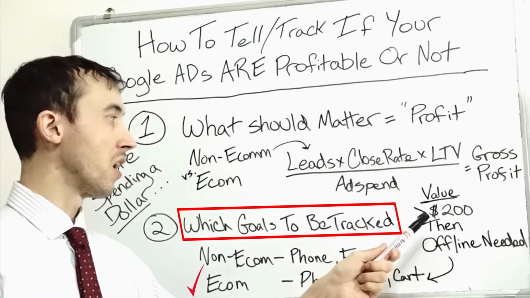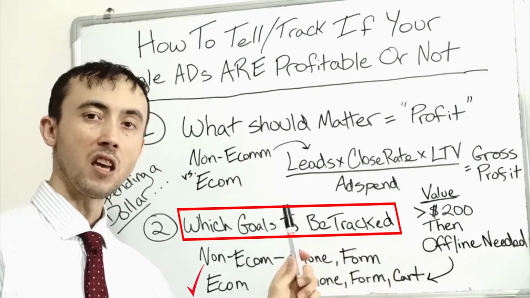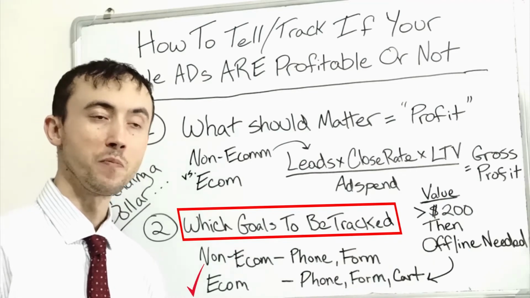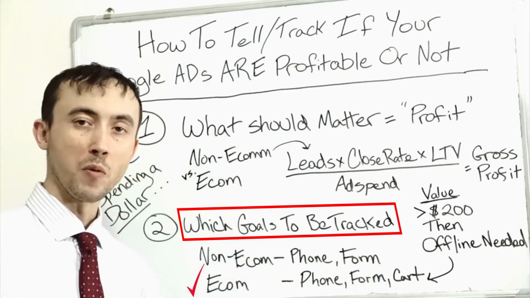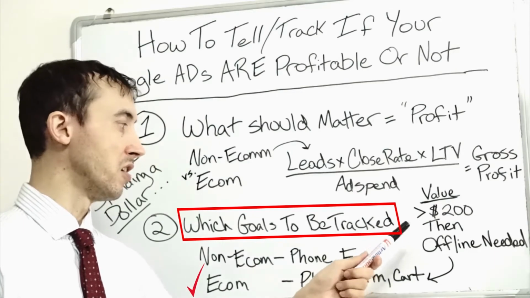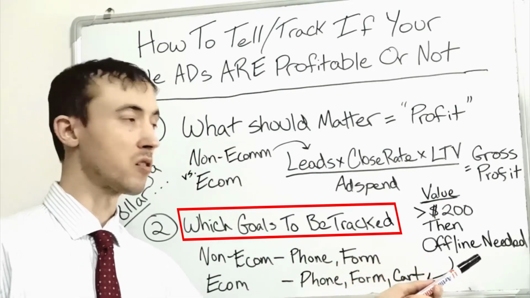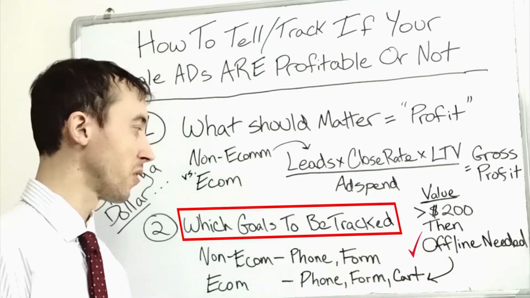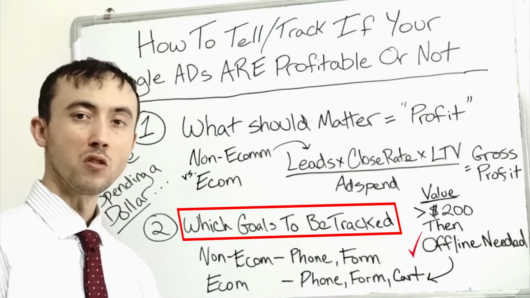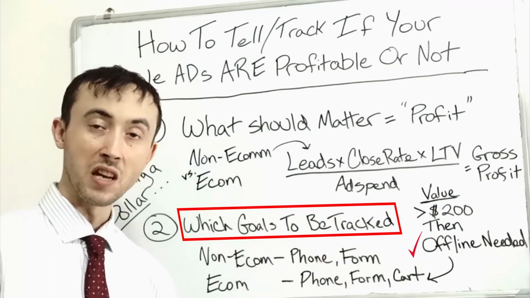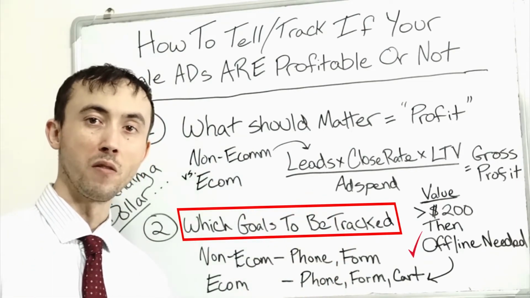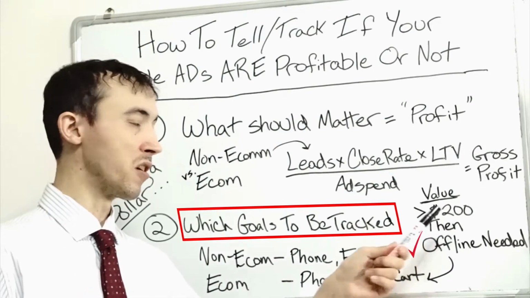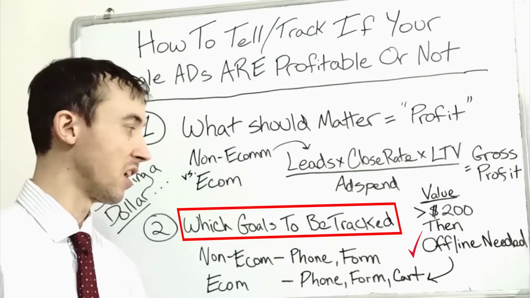And then, though, if you are selling a product that is over $200 in average transaction value, or per item, however you want to word that, basically what you're going to want to do is there's a process called offline conversion tracking, where you can take if somebody fills out the form or calls, so everything on your site will be about pretending that you're just going to only take the order over the phone or through the cart. But then if the item is more than $200, roughly give or take, a lot of times